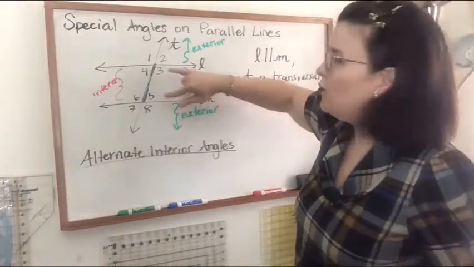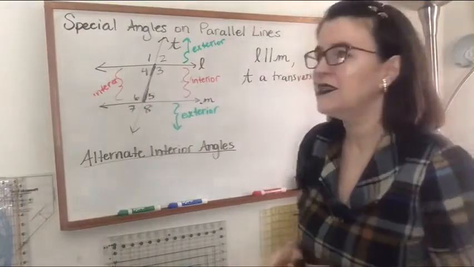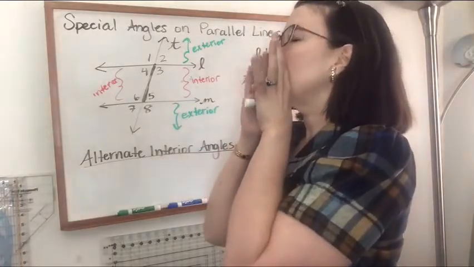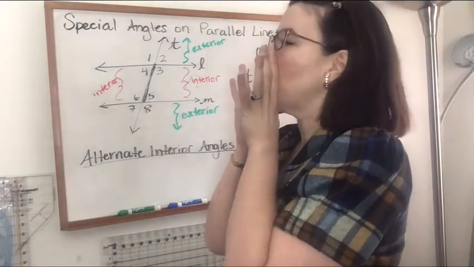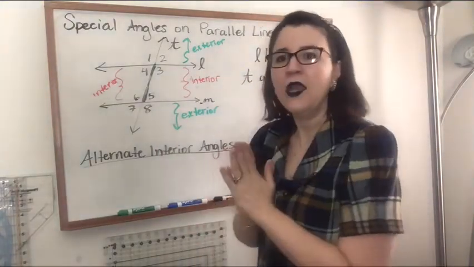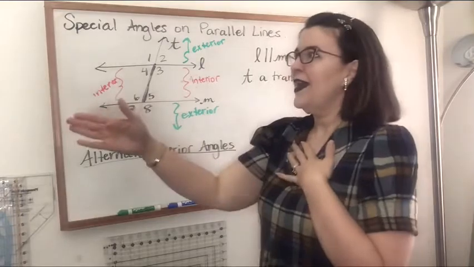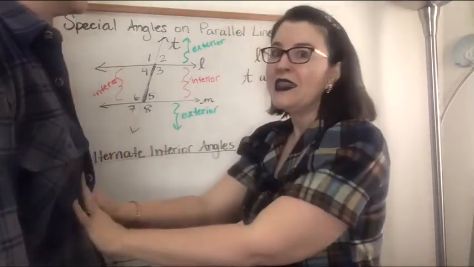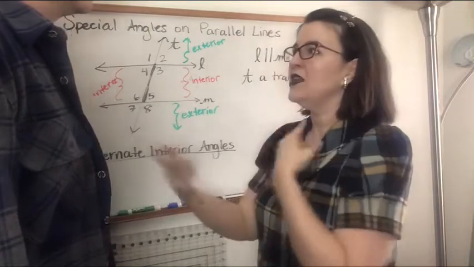These players will pretend they're outside the game, and these players are inside the game. Now, let me get a volunteer. Can I have a volunteer from the other room who is tall enough to be seen on camera? Okay. Now, pretend I'm angle 4, and my volunteer here is angle 3. All right, he is in the game and I am out of the game and we need to trade places,